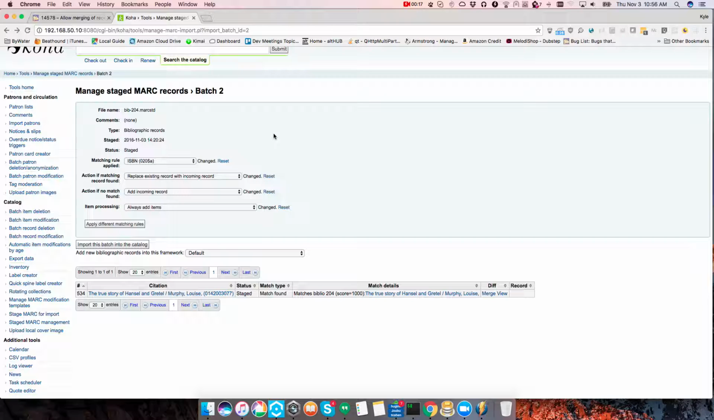The first thing I did was I exported one of my records from Koha and re-imported it so that it would match. So I used an ISBN matching rule. Clearly it did match. And after I exported it, I made some modifications to the record that is in Koha. So you'll see everything about the importing is just like it always has been in Koha,